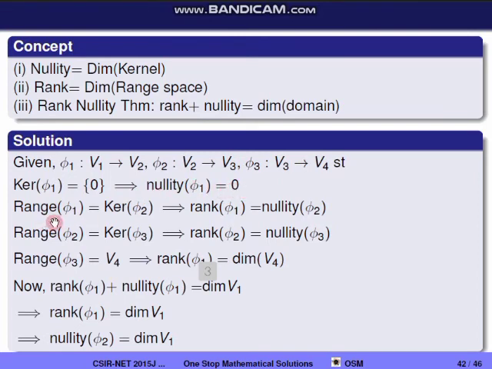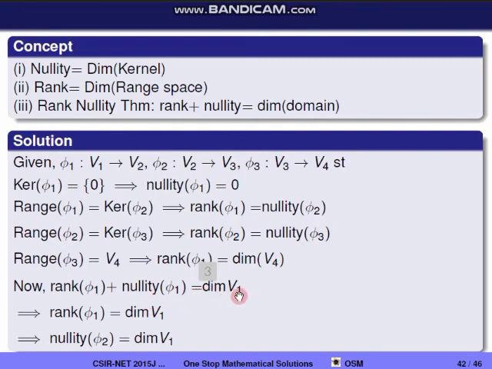Range phi1 is equal to kernel phi2 implies rank of phi1 is equal to nullity of phi2. Range of phi2 is equal to kernel of phi3 implies rank of phi2 is equal to nullity of phi3. Range of phi3 is equal to v4 implies rank of phi3 is equal to dimension of v4. Now if you see that using rank nullity theorem, rank of phi1 plus nullity of phi1 is equal to dimension